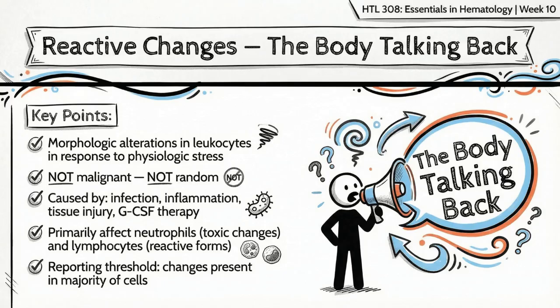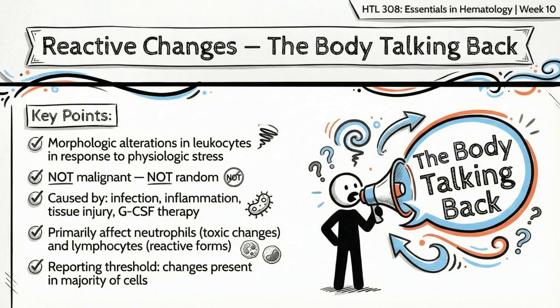For instance, G-CSF therapy directly stimulates the bone marrow to rapidly produce and release neutrophils, leading to characteristic reactive changes as the body mobilizes its defenses. We'll primarily see these changes in neutrophils, which we call toxic changes, and in lymphocytes, which we call reactive forms. To report these, you usually need to see at least 2 of the classic features in the majority